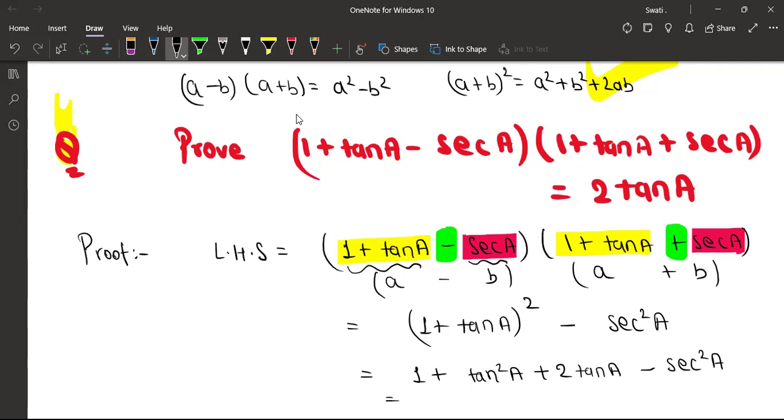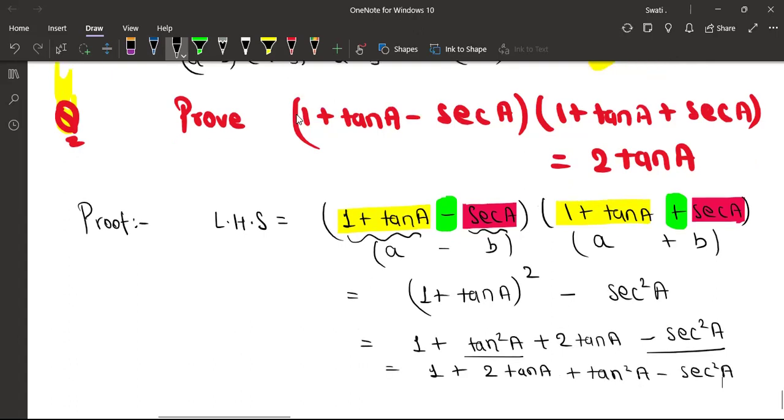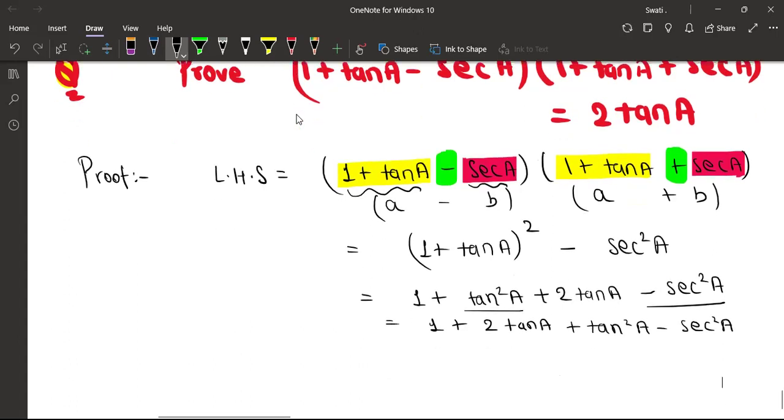Now here, if you can notice Manya, I'm writing 1 plus 2 tan A together, and this tan square and this minus sec square together, because that is a formula. Which formula? Of course our famous trigonometric identity is forming here, if you notice. So this will become simply 1 plus 2 tan A. Here, Manya, if I write down